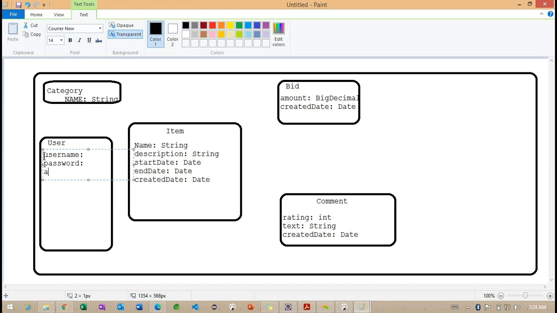Username, password, something called email. And we can provide the created date. So created date we are going to specify in each and every class, because we need to understand when this particular model class data is created. Because of this, when we work with this created date, what we will do internally,